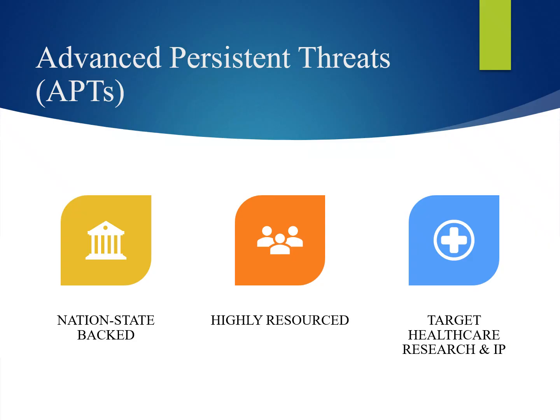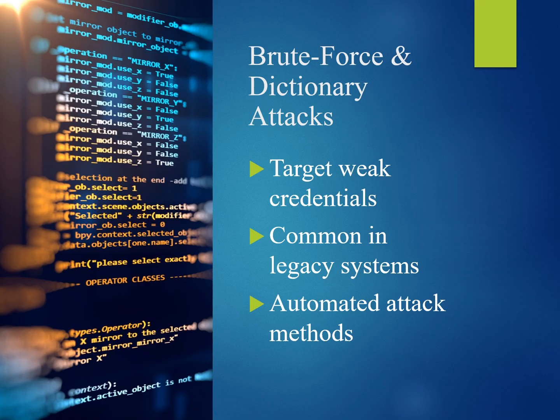Now, first, let's go over the first attack, which is Advanced Persistent Threat, short for APT. As you see, it is nation-state backed, high resource, and targets healthcare researchers and IP addresses. Next, brute force dictionary attack, which targets weak credentials, common and legacy systems, which are old systems in the hospital, as we said before, because of old operating systems such as Windows 7 and Windows XP, an automatic attack